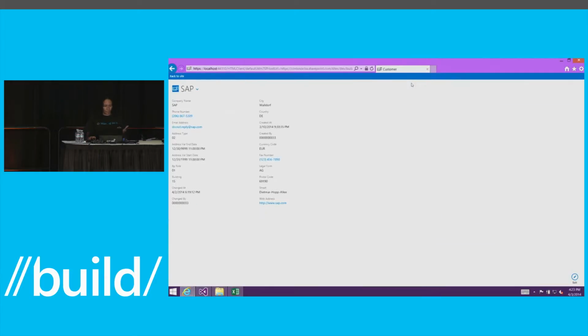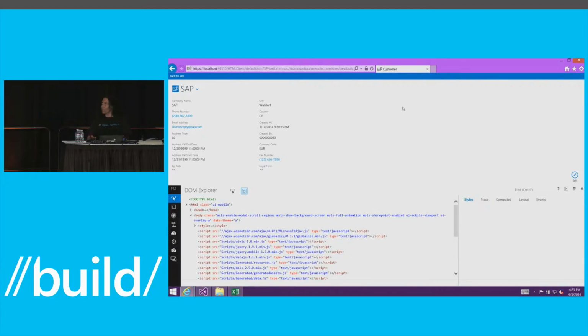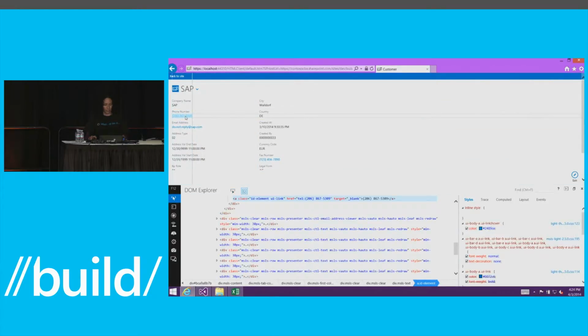The other thing, let's do F12, our developer tools, because we're at a developer conference. Let's inspect some of these elements. You'll see, there we go, there's the telephone. Okay, so that's the telephone. And when we go in and edit,